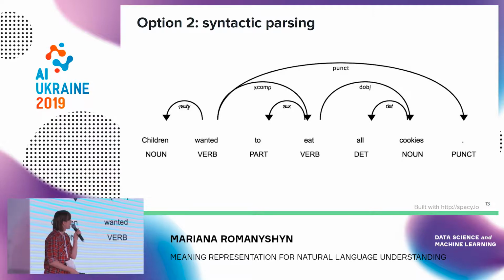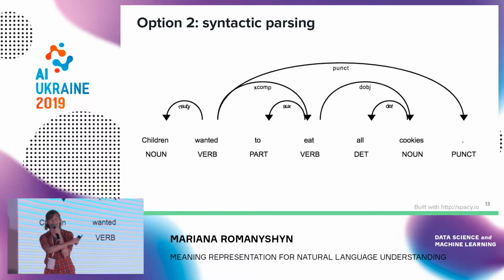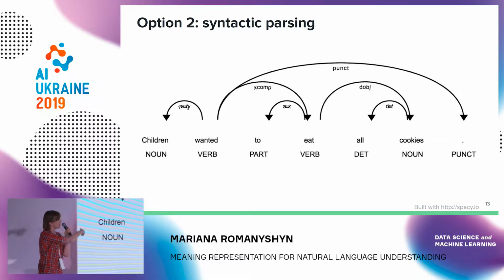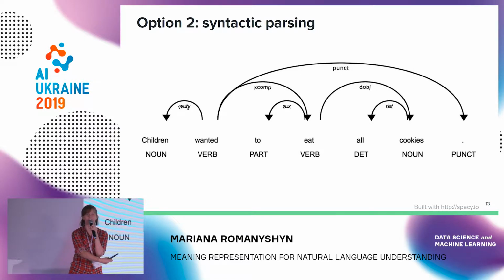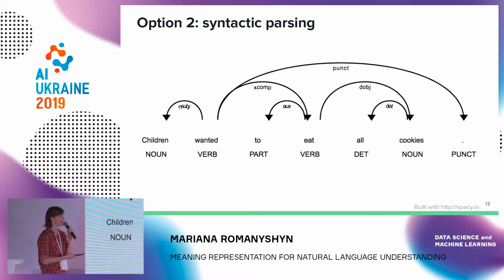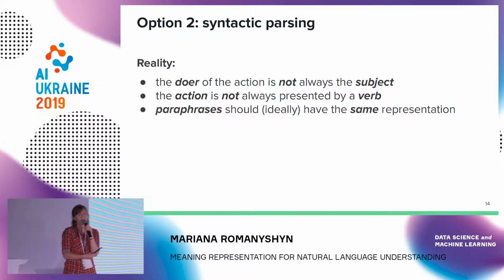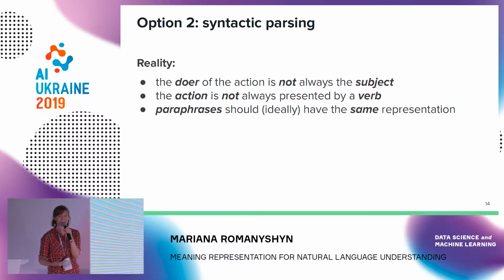Child is not the subject there. You have to go from eat to wanted and see that they are related, and then from wanted to children to find who is the doer of this action, right? And in reality, if we look at more sentences like this, we will find that the doer, the one who does the action, is not always the subject in the sentence, and the action in the sentence is not always